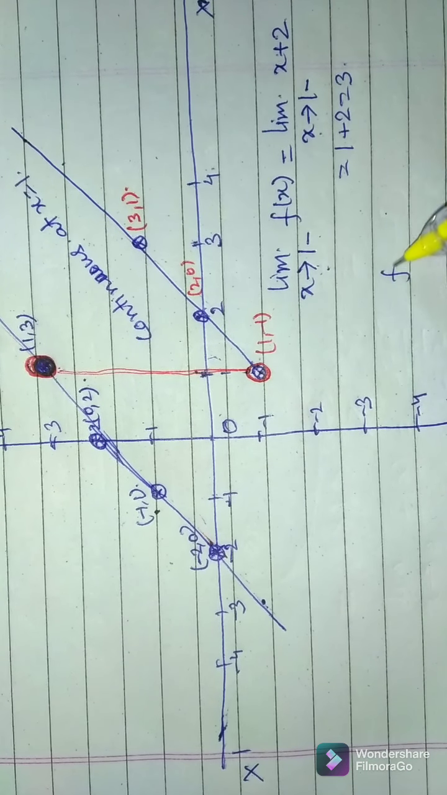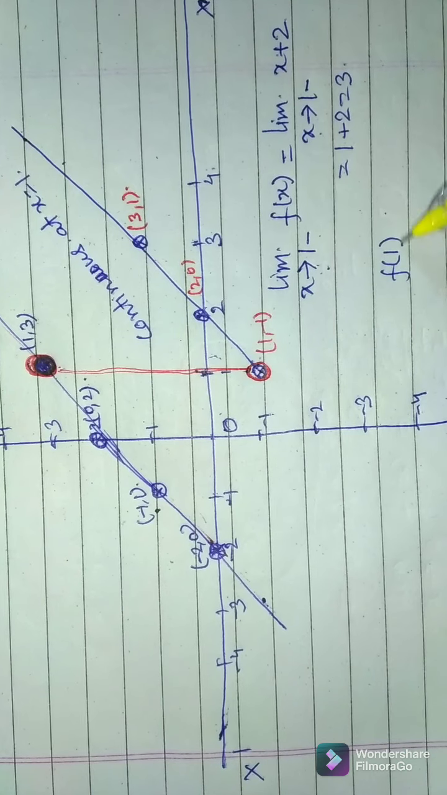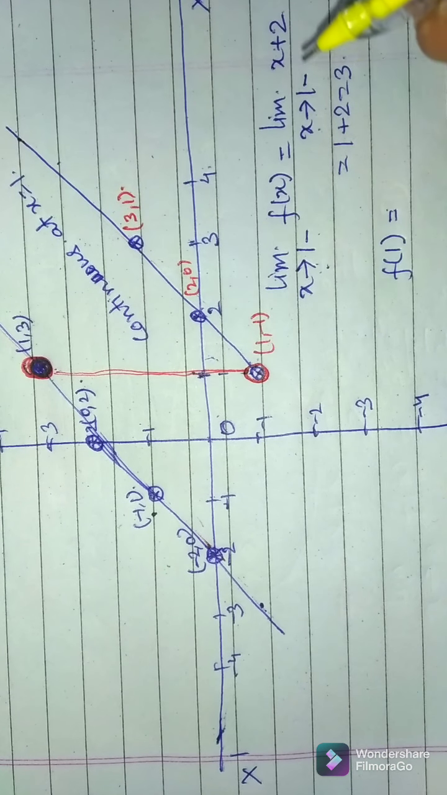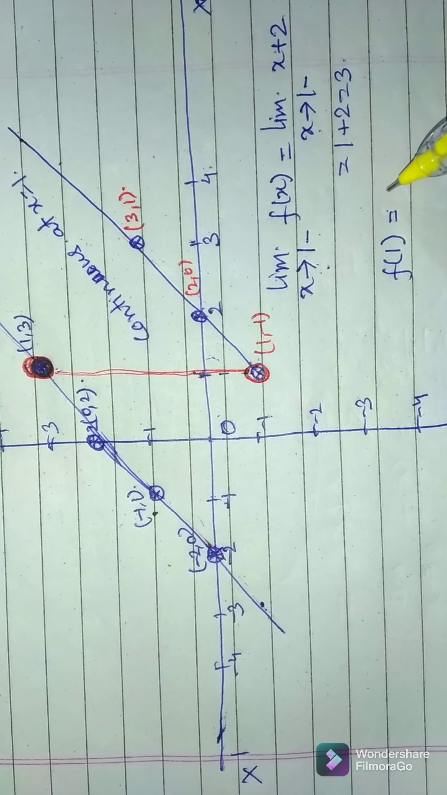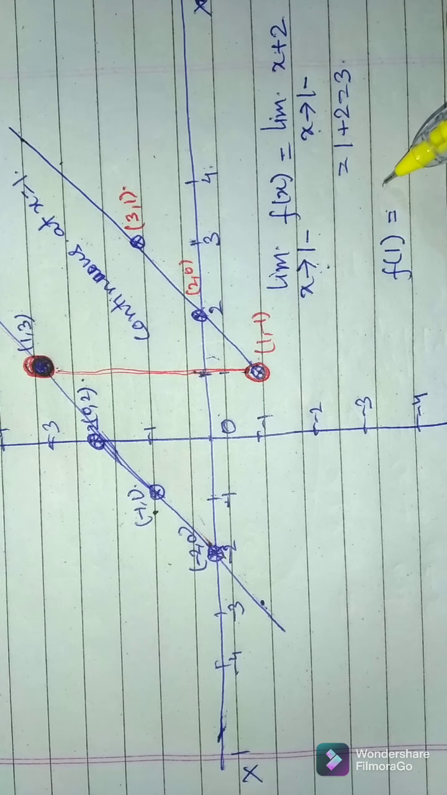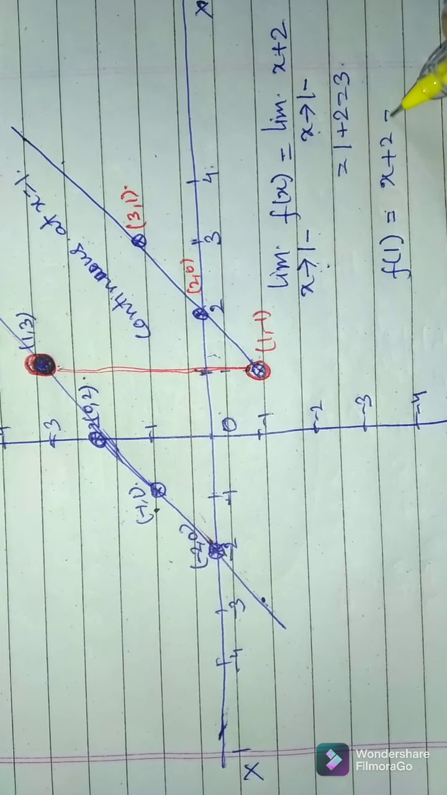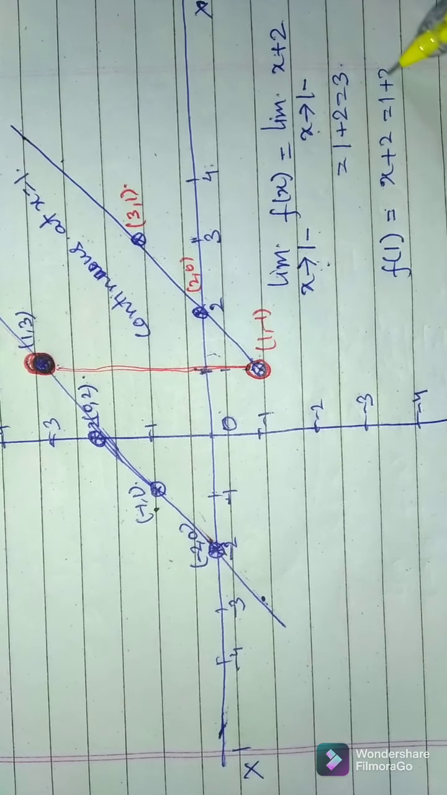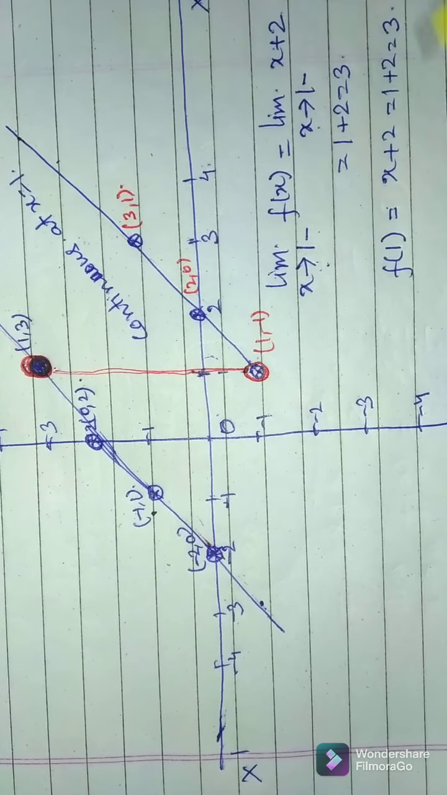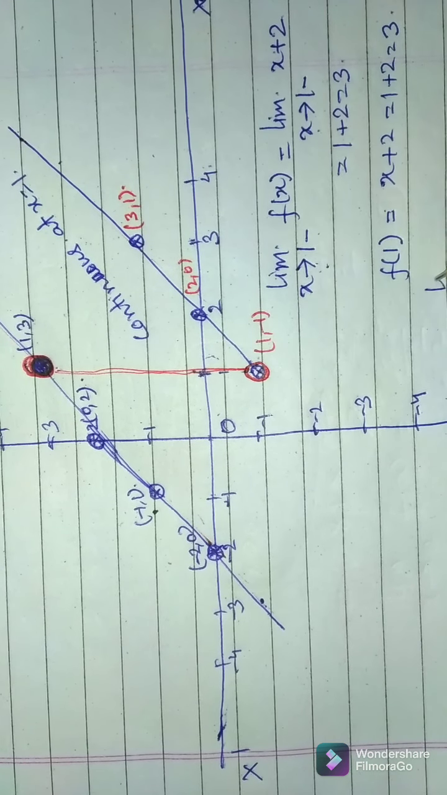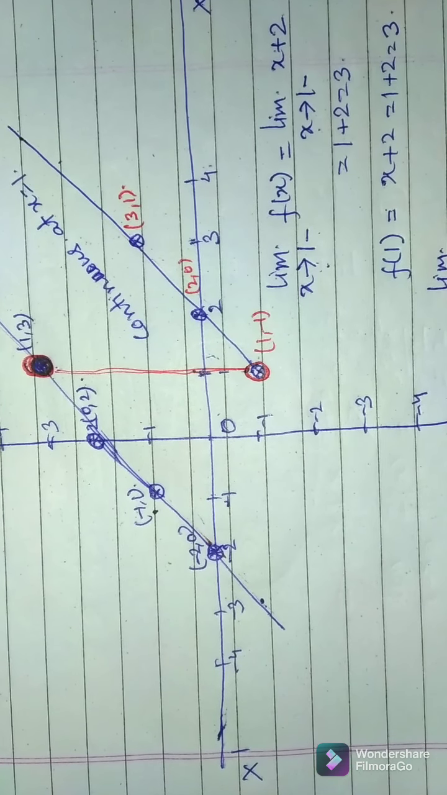And what is the value of the function when x is equal to 1? The value of the function when x is equal to 1 is also x plus 2, so it is 1 plus 2, so it is 3. But if we see the limit x tends to 1